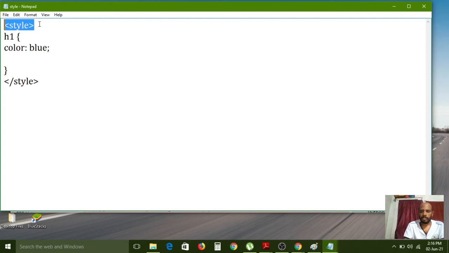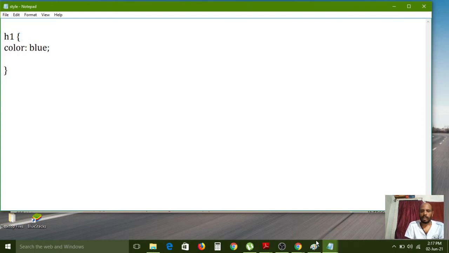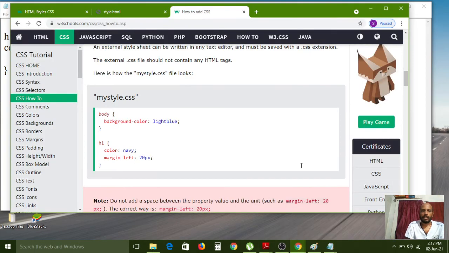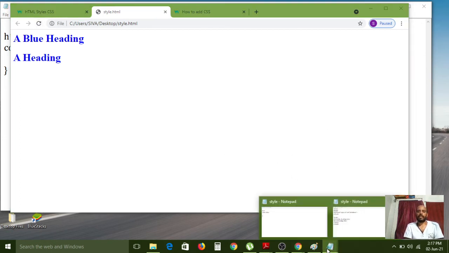Okay, this is not required, and here also this is not required. I am saving this file. So like that we have to save the CSS file, and after that we need to link it in our HTML file. Yeah, these two are reflecting with blue color, na. So that means here, how many times did I use it?